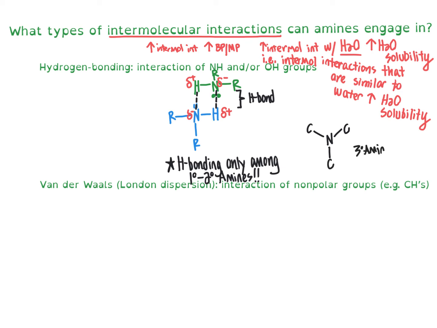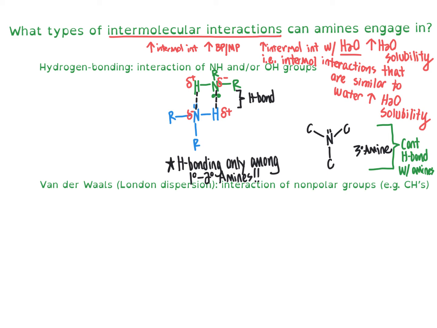So in a tertiary amine, there is no place for a hydrogen bond to go because there are no electronegative nitrogen atoms bonded to a hydrogen. So since there's no NH, there can be no H bonding with other amine molecules. And so as a result, when we think about primary and secondary amines relative to tertiary amines,